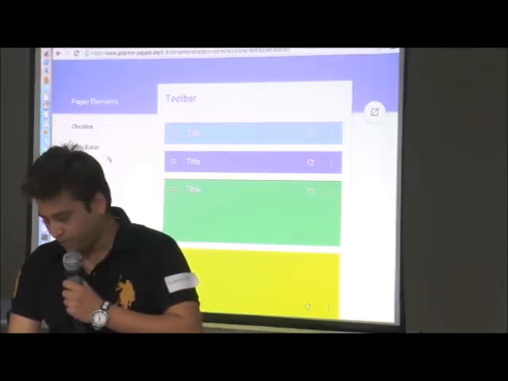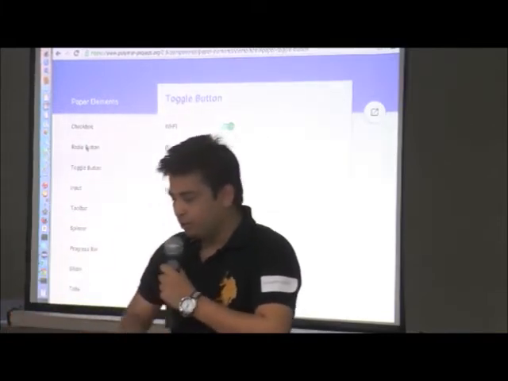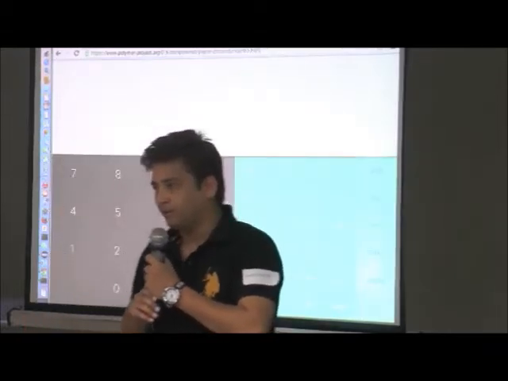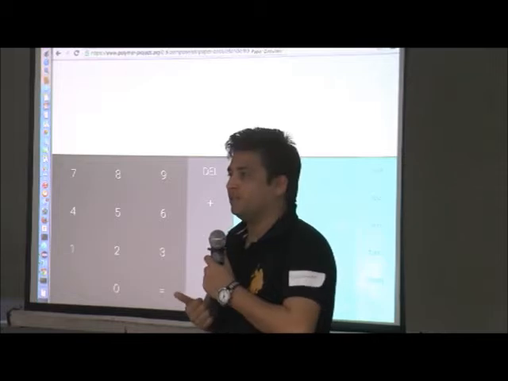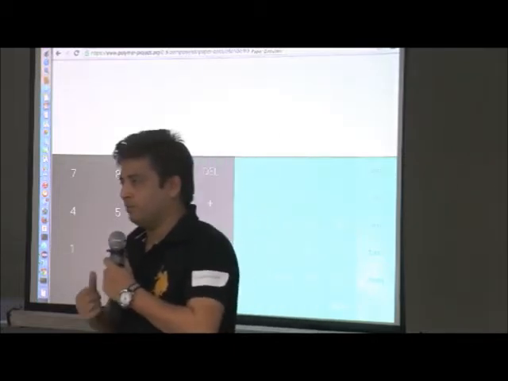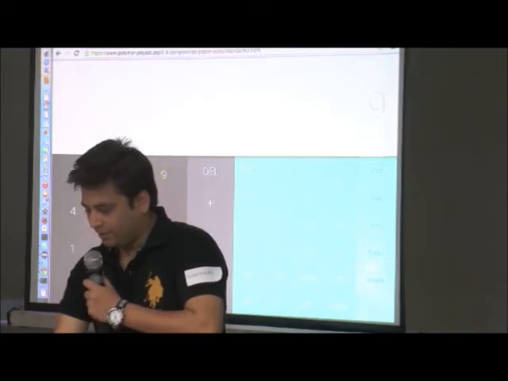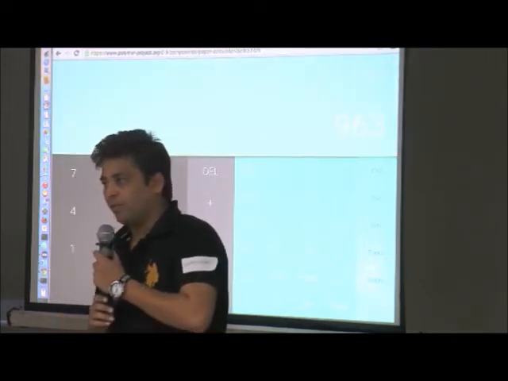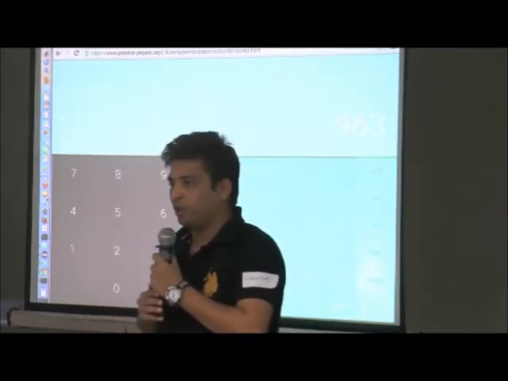Falling back to this. Yeah, so these were the core elements, right? Let me show you another application, which is the paper calculator. This application we'll use throughout our unit tests and the Selenium tests. We have taken it as a sample Polymer application. So you see all of these effects which come up when you click on this. If you look at it, this is a mix of only two components: one is your Polymer calculator and the other one is Polymer calculator key.